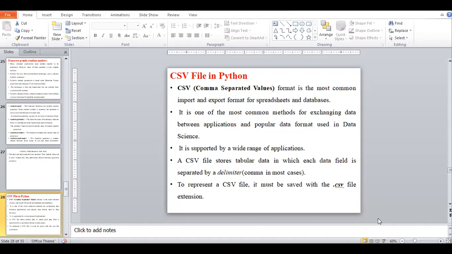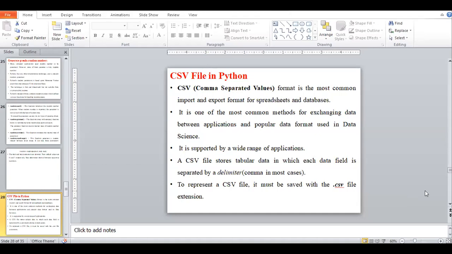A CSV file stores tabular data in which each data field is separated by delimiters. Means we separate data with titles for each and every column, so it is in tabular form. Suppose I want to save the data of students.